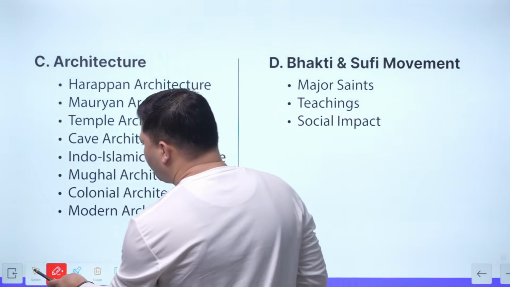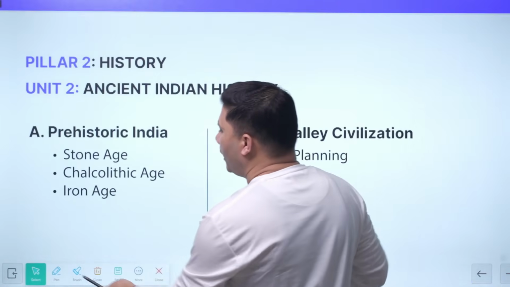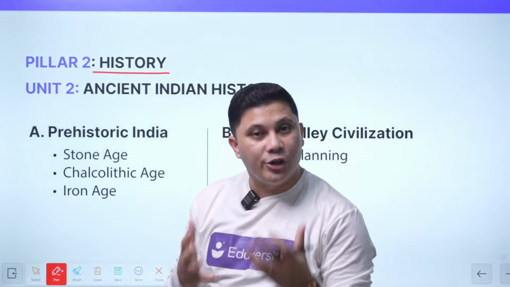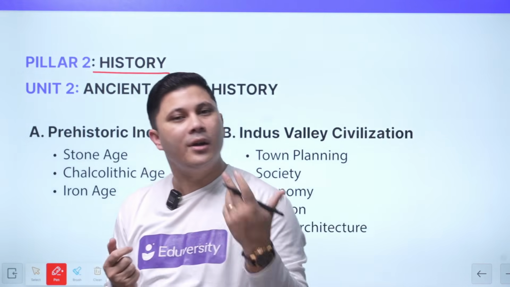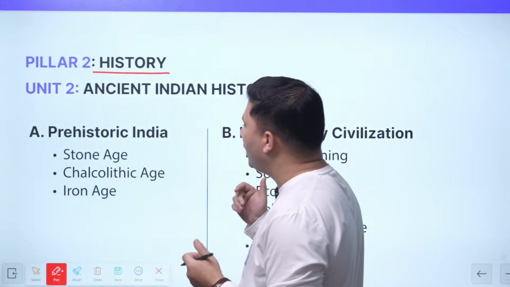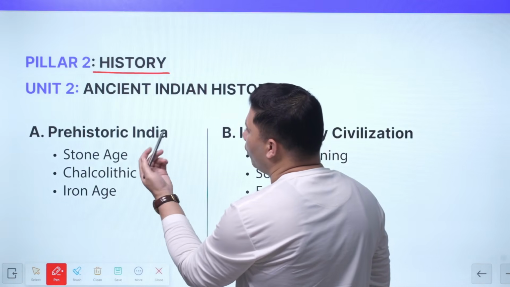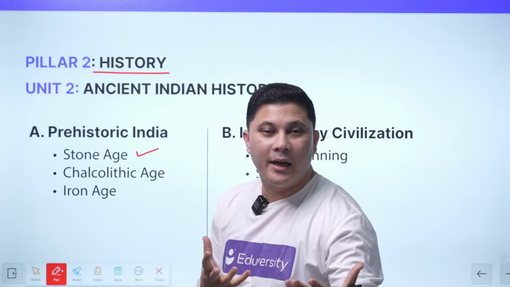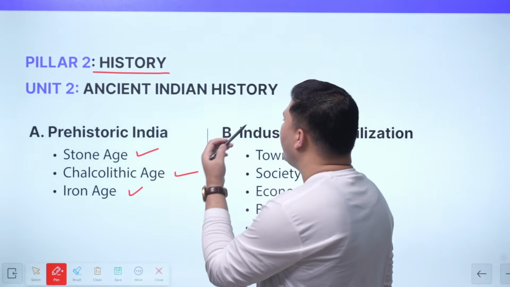Now going forward, in pillar 2 you have to study the history portion. So you will have to study the ancient Indian history, then the medieval Indian history, modern Indian history, post-independence history, and the world history. In the ancient Indian history, you will have to study prehistoric India. There is the Stone Age, the Paleolithic age, Mesolithic age, Neolithic age, then the Chalcolithic age, the Iron Age,